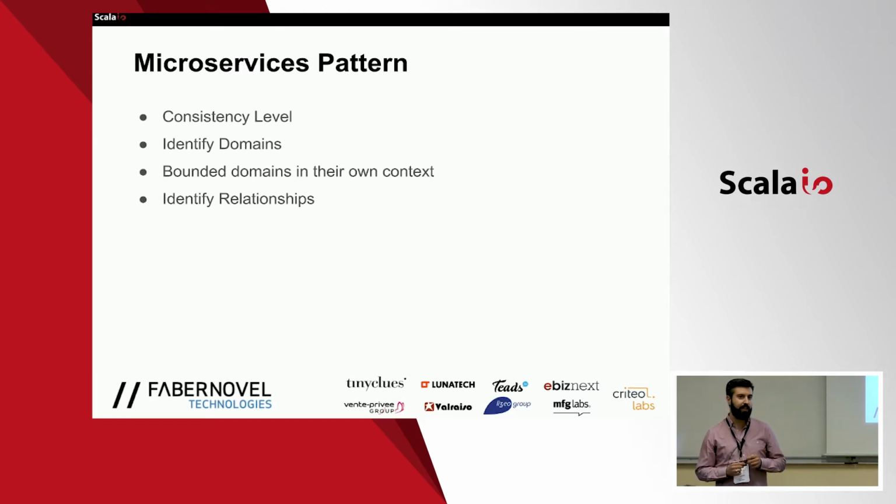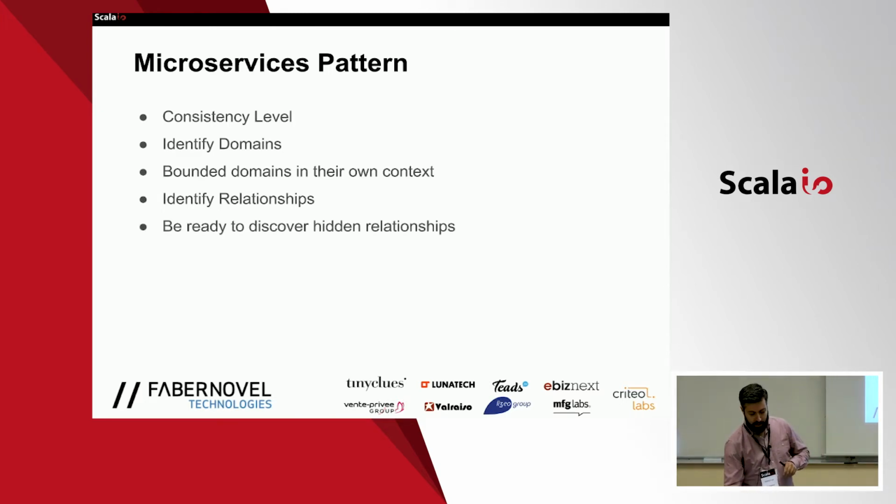So once we have identified our domains, and we know what our bounded domains are, and we have an isolated context for each of them, we need to identify relationships. Relationships are the most difficult part in the microservices pattern, especially because we are not solving everything with this approach. So the complexity of a system is still there, but we are just moving the complexity from one point to a different one. And the problem with identifying relationships is that we need to be ready to discover new relationships between the microservices we build,